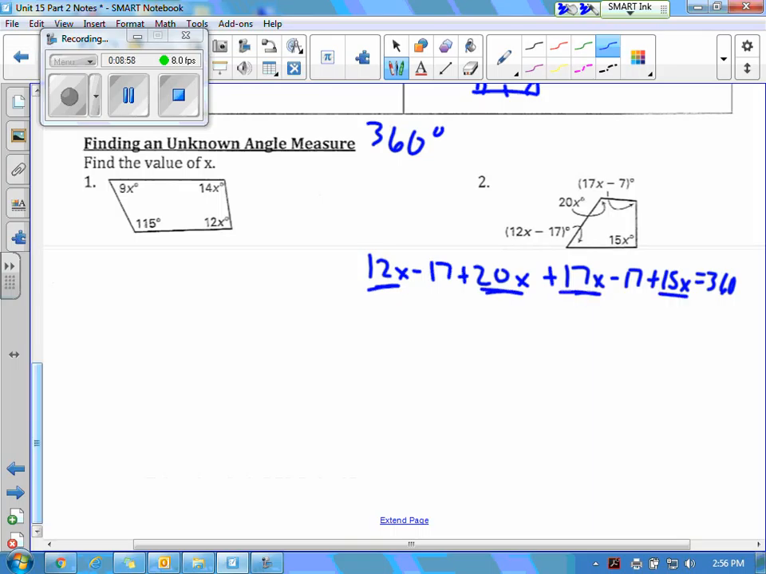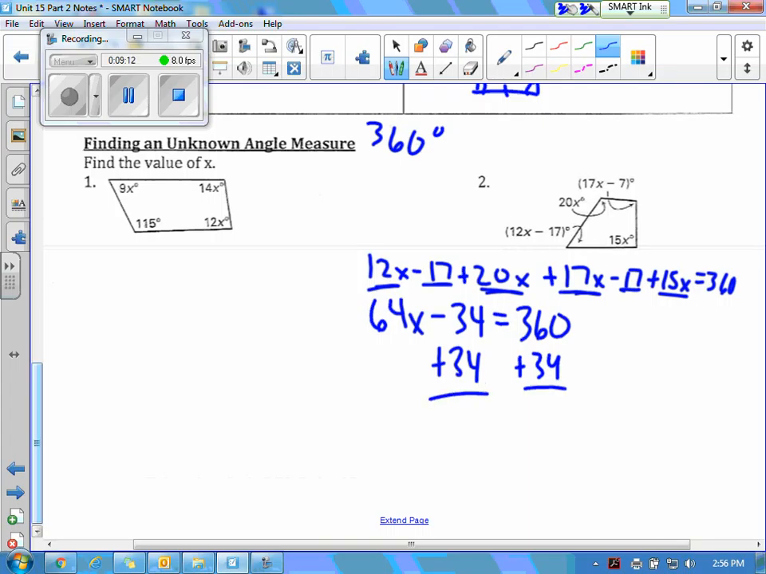So I can add all of my x's together, so 12x, 20x, 17x, and 15x. I add up all those x's and I'll get 64x. And I have negative 17 and negative 17 can go together. That's negative 34. And that equals 360. Then I just have a two-step equation, so I add 34 to both sides. So I get 64x equals